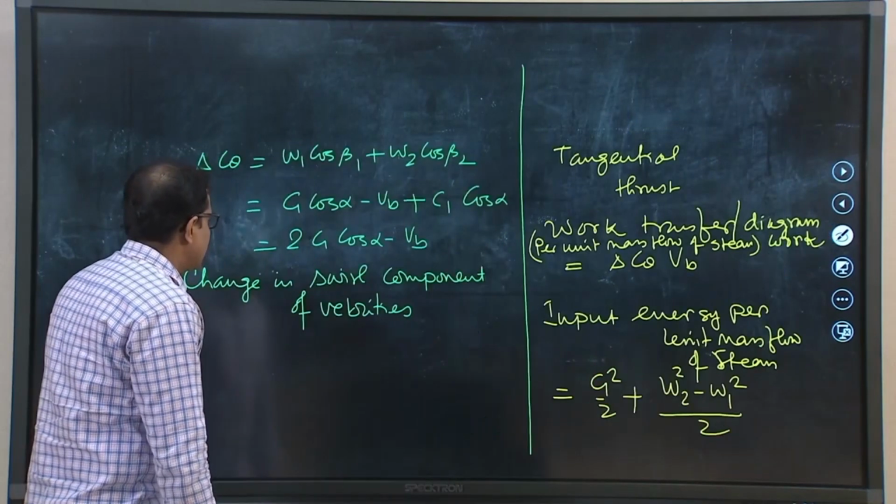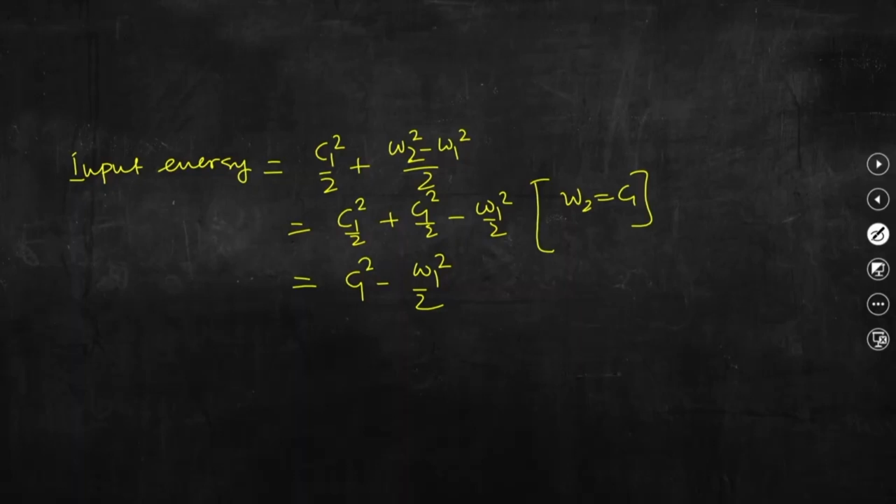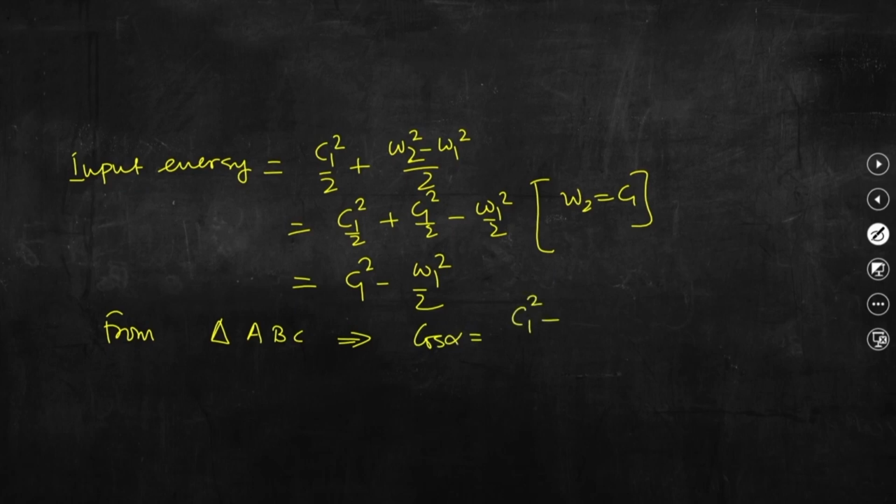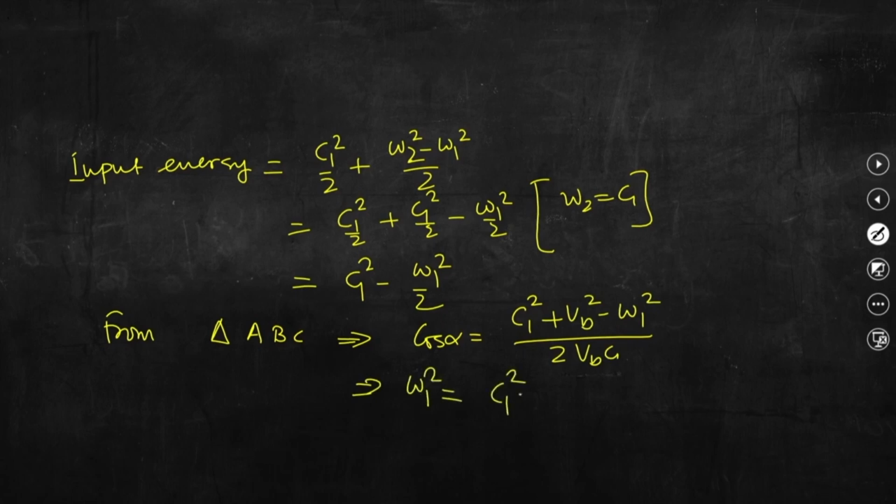So, from triangle ABC we can write cos alpha equal to C1 square plus Vv square minus W1 square divided by 2 Vv into C1. That means W1 square equal to C1 square plus Vv square minus 2 Vv C1 cos alpha. So, if we write this expression here,